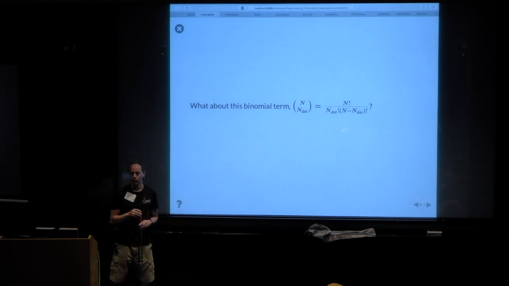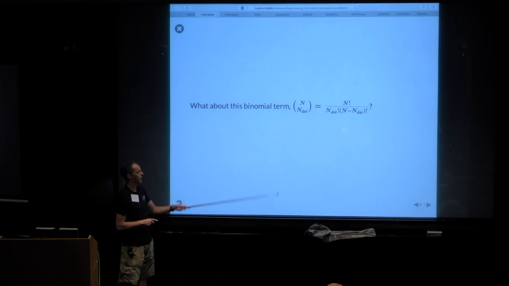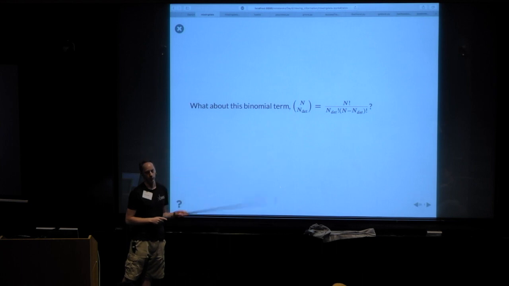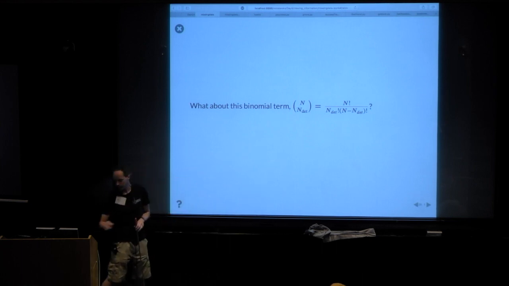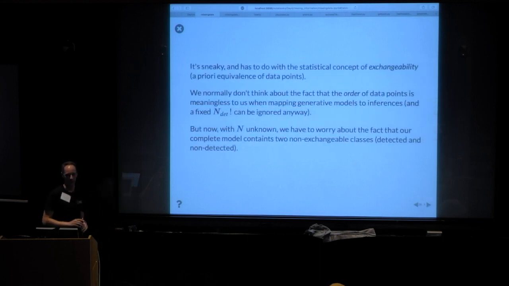Now, we've never worried about this kind of thing before, but before we didn't have a free parameter in whatever the combinatoric term was. So here we can't get away with throwing it out. And that is the claim that I'm going to make for why this needs to be here. However, if you don't believe that, in a couple of minutes, I will sketch out a completely independent derivation which gets you to the same place and might be more intuitive, and is the reason that I believe this is correct.